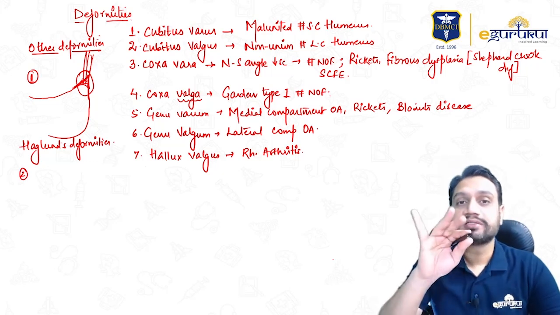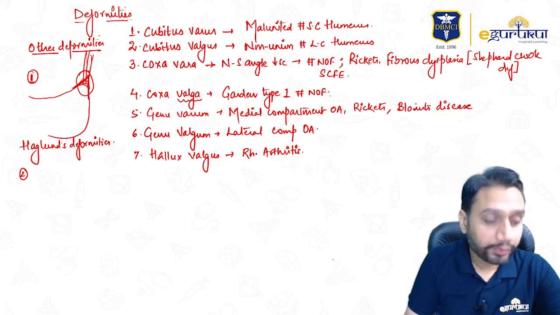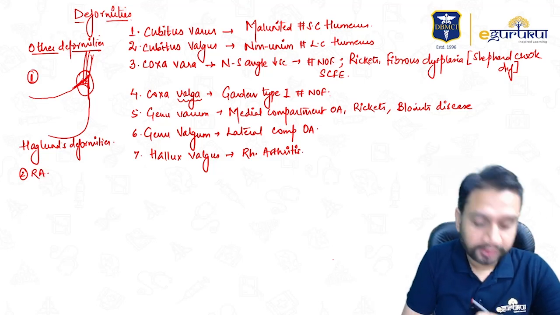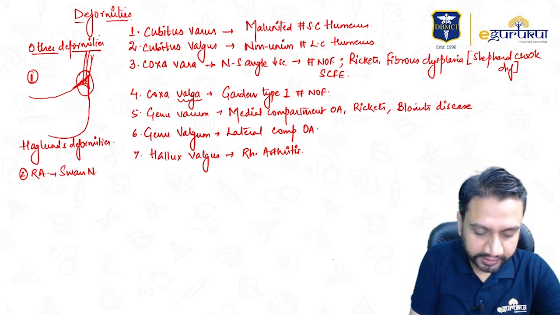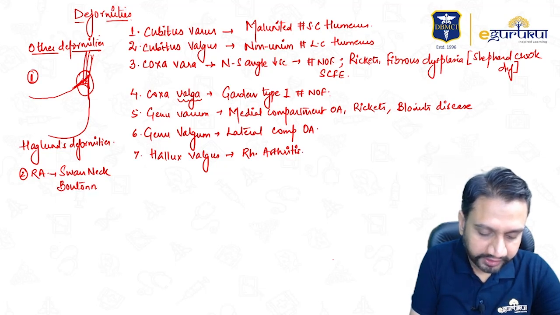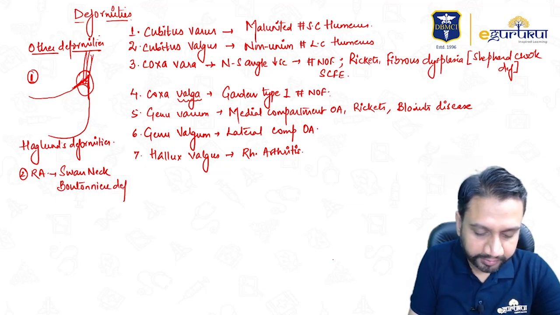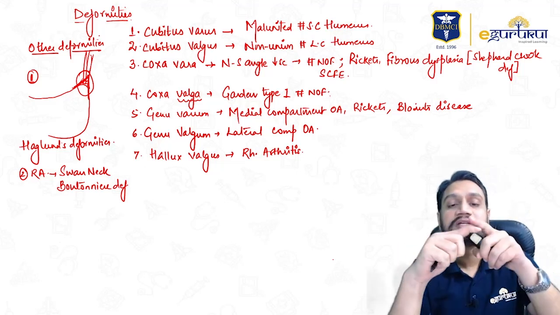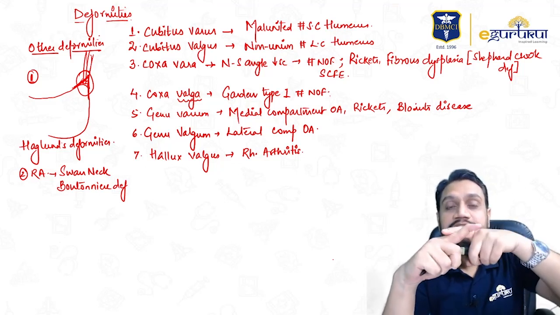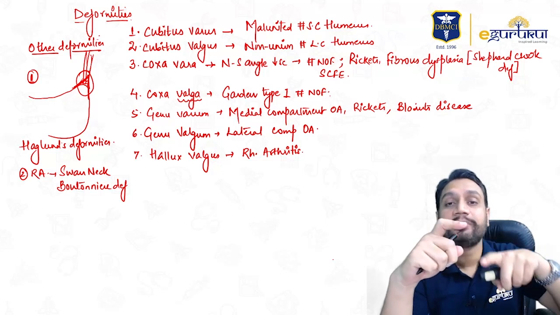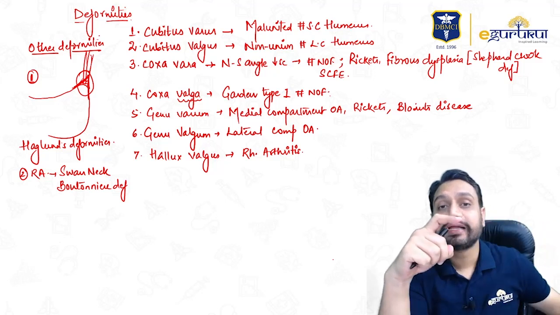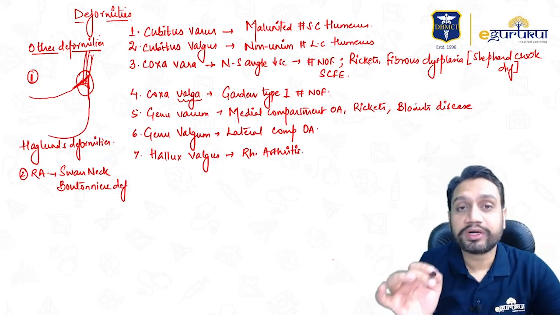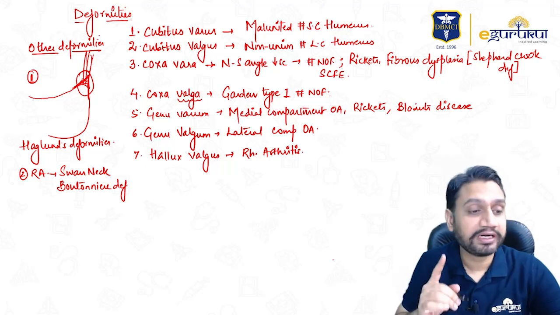Then when you talk about the fingers, what all deformities can we see in the fingers? In the patients of rheumatoid arthritis, we can see two typical deformities in the fingers. One is swan neck and one is the buttonhole deformity or the boutonniere deformity. Remember them? The boutonniere deformity or the swan neck. So swan neck will be flexion at the last joint and hyperextension at the proximal IP joint. Boutonniere will be opposite, the flexion at the proximal IP joint and the extension at the distal IP joint. Okay, so RA, the swan neck deformity and the boutonniere deformity, the typical deformities.